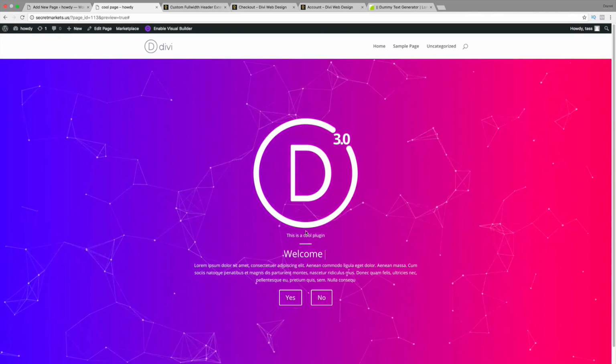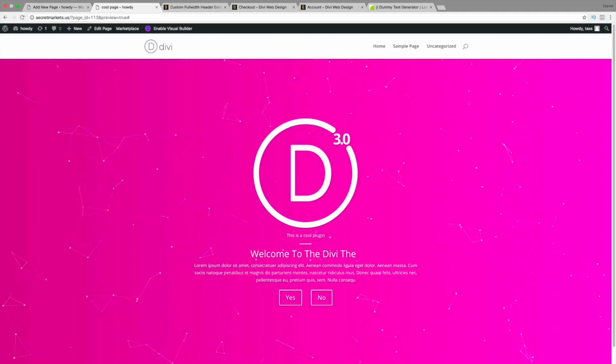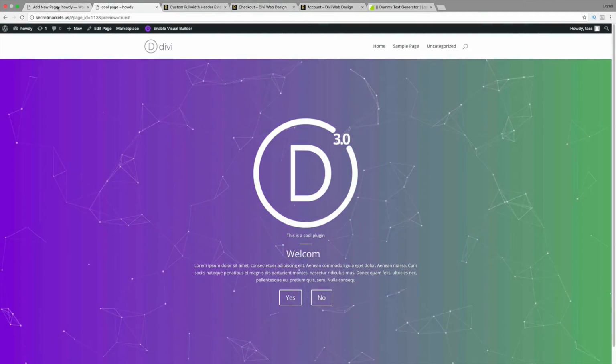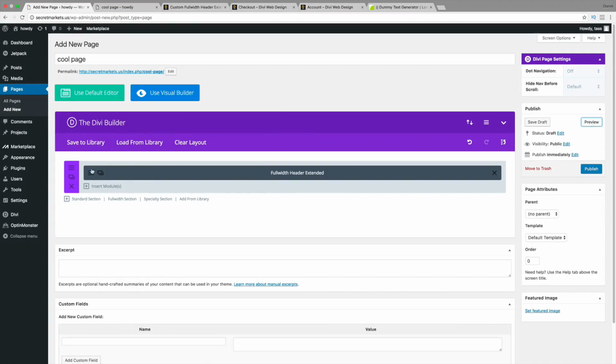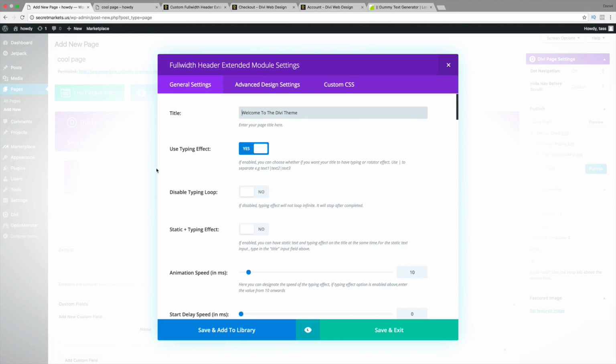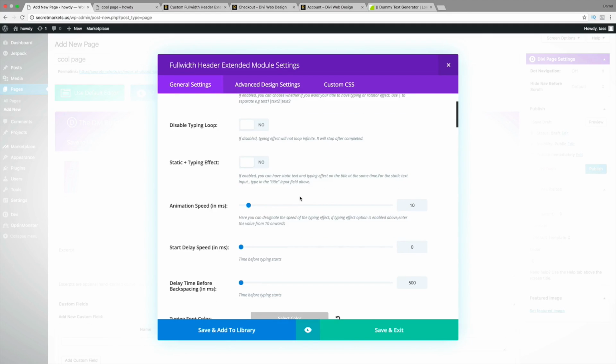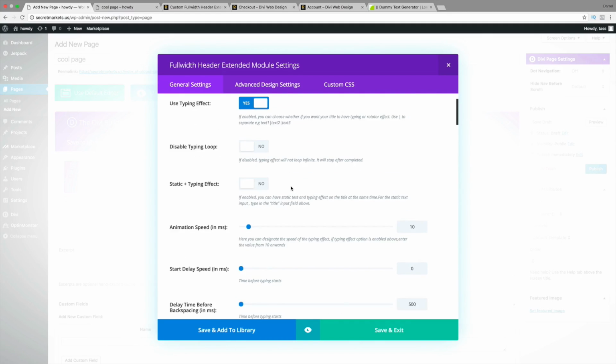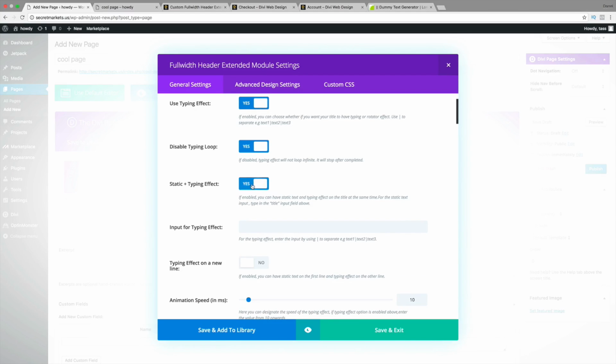Now let's go ahead and change this. Let's make this stop, and maybe we can add in some different animations. So going back to this right here, we'll click on this. And guys, sometimes this plugin does crash. I've had it crash on me maybe once or twice, but it's not very common, but it does happen. So right here we can do disable typing loop, and we can actually have a static plus typing effect. So right here we'll put something like